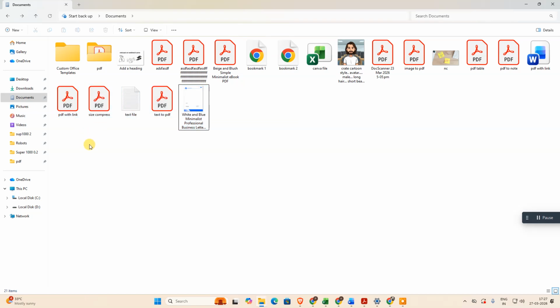Or you can select multiple or random files: hit the Control key on your keyboard and hold it, and select your desired files like this. Okay, after your selection, what we need to do,